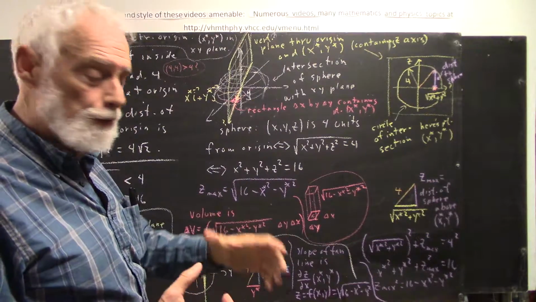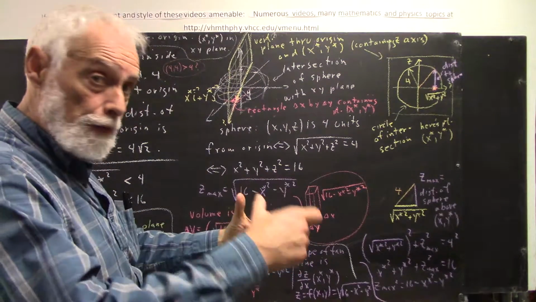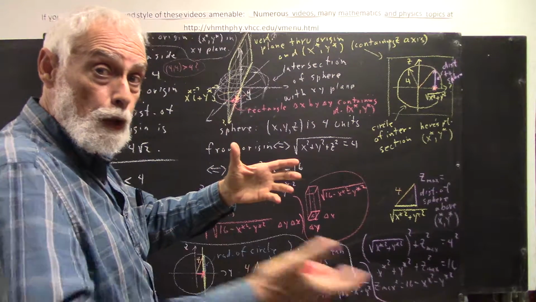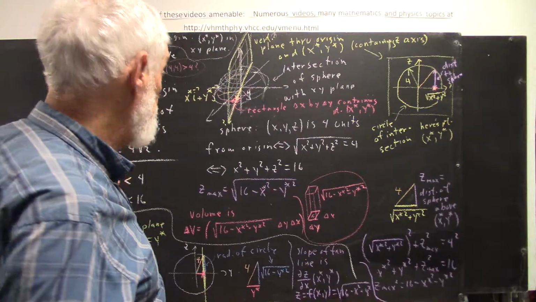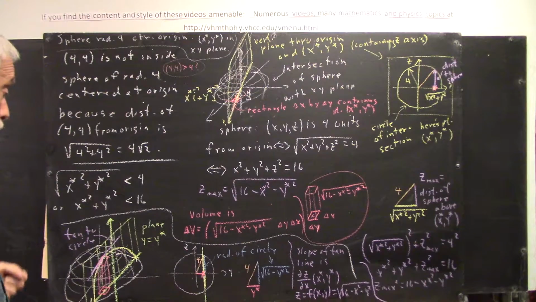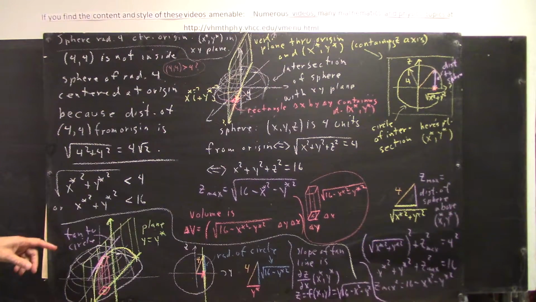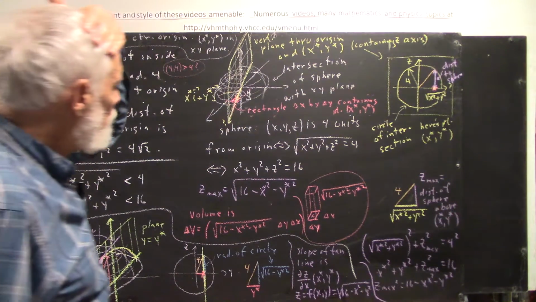Just take a piece of tile and put it on a basketball in various places, and you'll see that it's not parallel to a horizontal plane through the center of the basketball. Okay. And a tennis ball if you don't have a basketball, whatever. Okay. What we're asking then is, if we